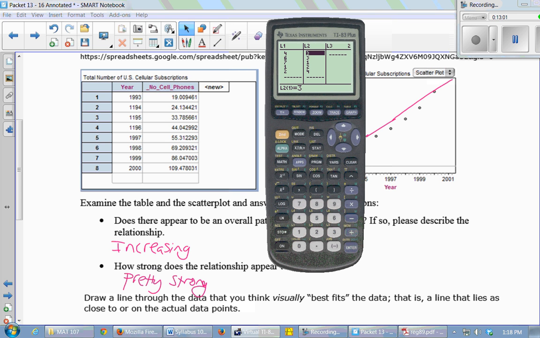If you want to clear your lists, first thing you do is you put the cursor on the name of the list and you press clear. Don't press delete. Bad things happen. Just press clear. And it seems like nothing happens, but when you move the cursor back down into the list, it all goes away. Okay, so then